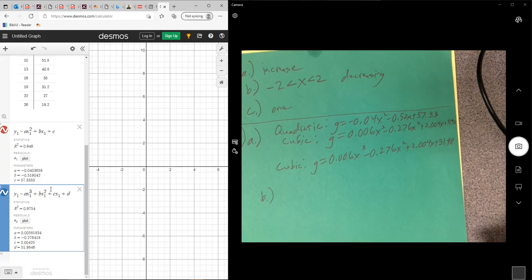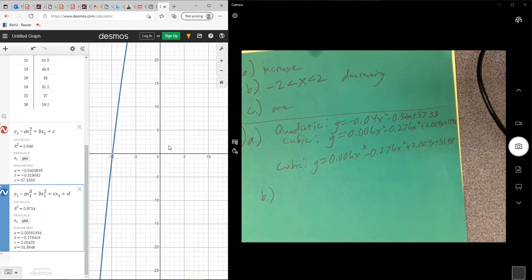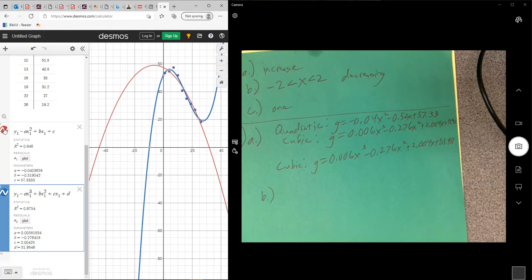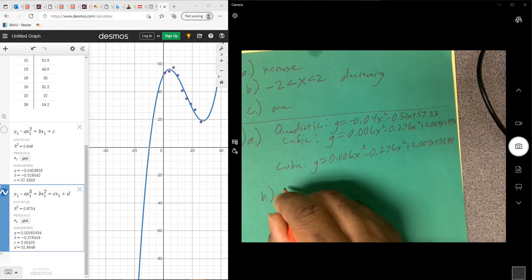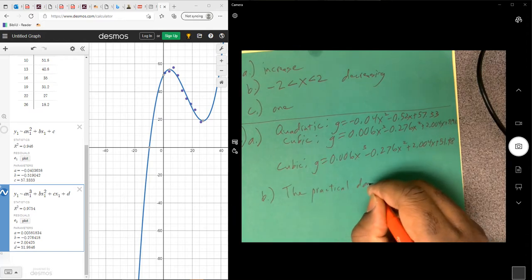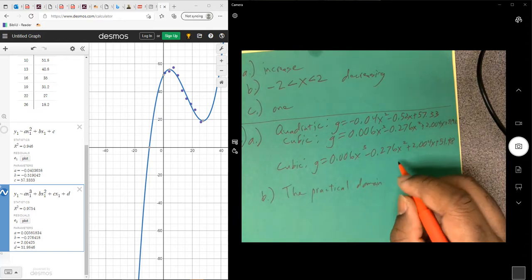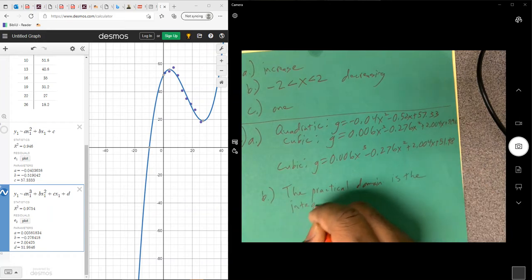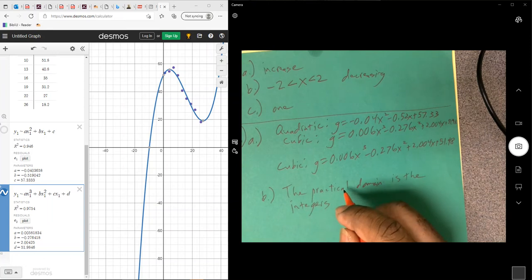What is the practical domain of this function? Now, if you look here, now we want the cubic only. So if we look here, the practical domain of this function is basically, so let me write this down. The practical domain is the integers. Now remember, domain deals with the x value. Is the integers from